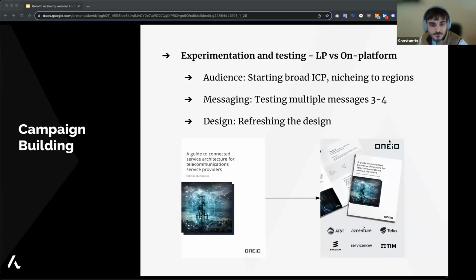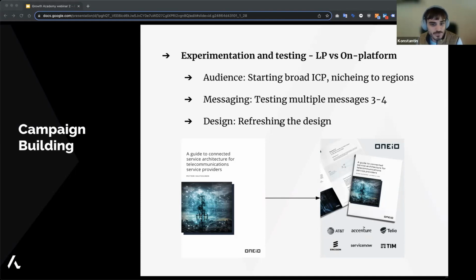What we experimented with first was a landing page, where people click the ad and go to the website, and there is a form, and then they can download this guide as you see in the visuals. The other one was the document ads, where people can, as I mentioned, click the new format and get the document and PDF directly from LinkedIn. By testing this, you can see how your audience thinks. What we discovered with 1IO is that people actually like to download it directly from LinkedIn, and they didn't want to put in the extra effort of going to the landing page and entering things manually. So they just downloaded it from LinkedIn.